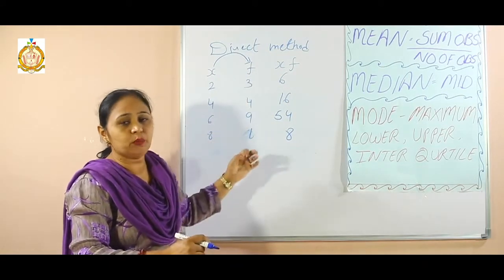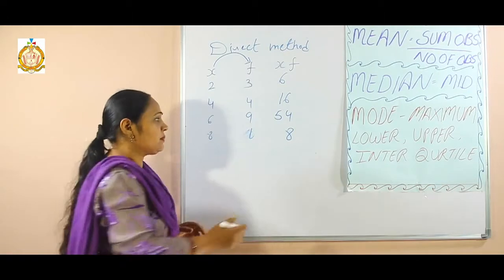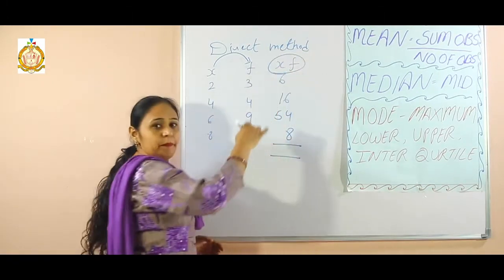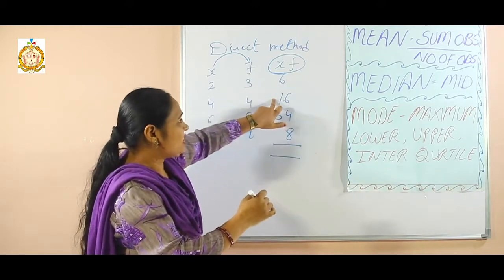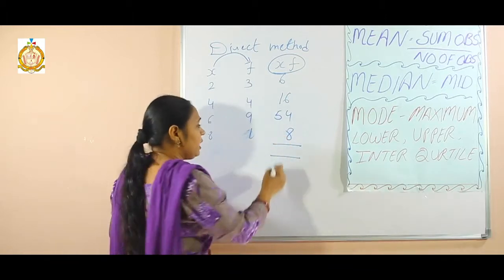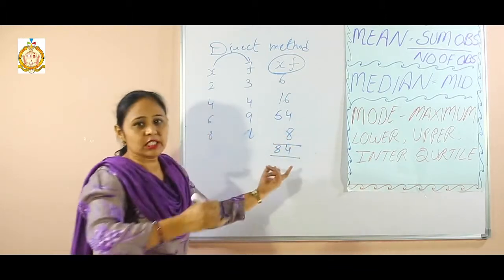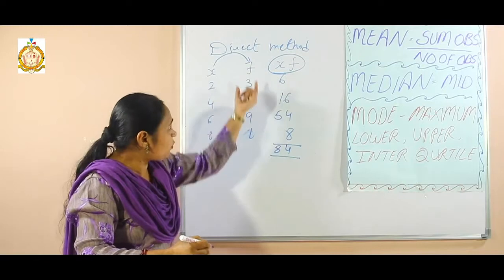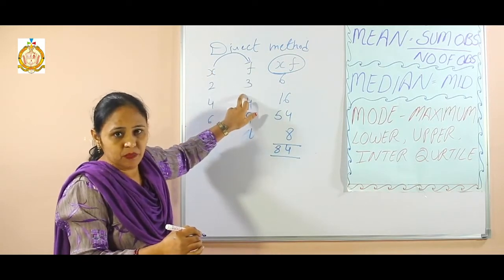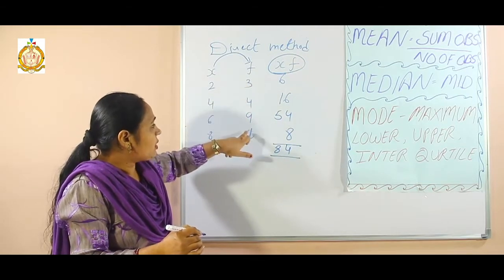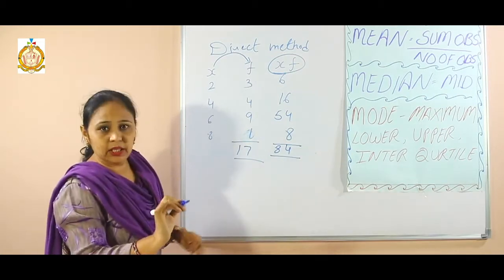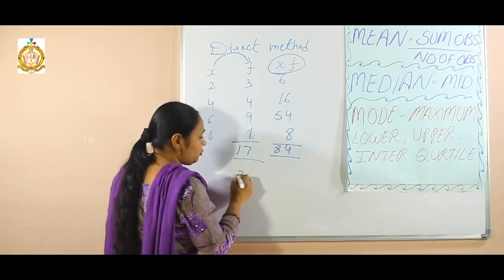Then what is the formula to find the mean? That is the sum of the values which we found by the multiplication. 6, 16, 22, 22 then this becomes 76, 76 and 8 becomes 84. This is my sum. Then the sum of the frequency. Don't take this one. We have to take this frequency. Now 3, 7, 13, and this becomes 17.